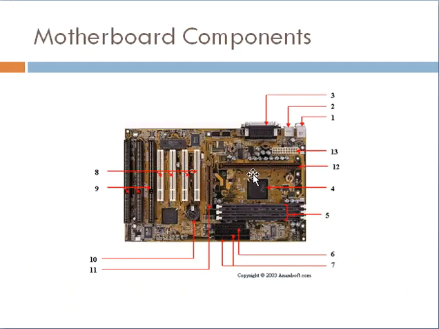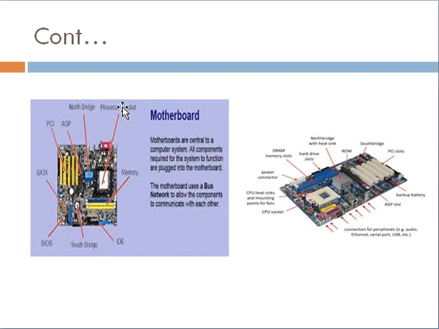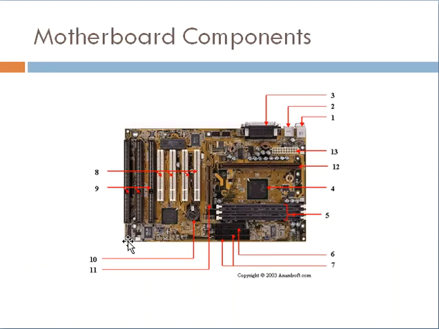Now please have a small look at this motherboard and its graphical architecture. This is the PCI slot, this is the AGP slot, this is SATA, this is the BIOS setting, South Bridge. We will further discuss the topics of South Bridge and North Bridge as well as BIOS setting. It is an important topic of computer maintenance. This is the architectural diagram of the motherboard.